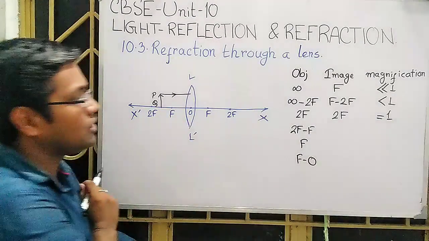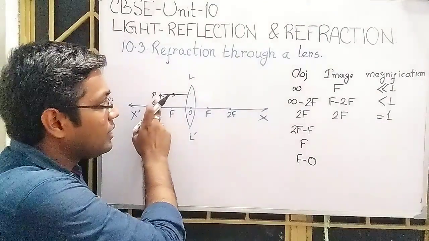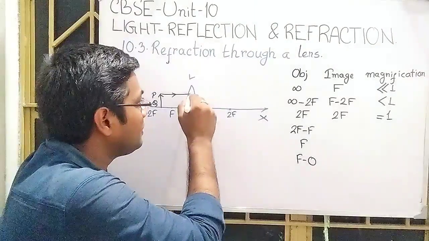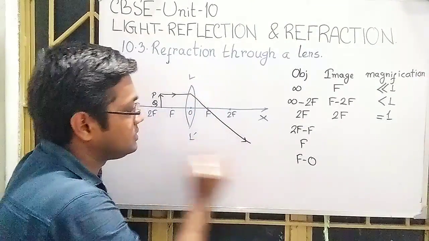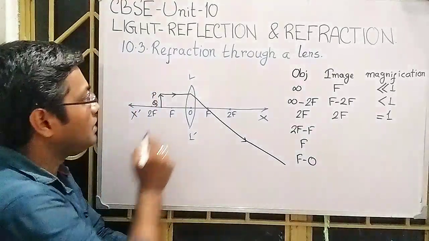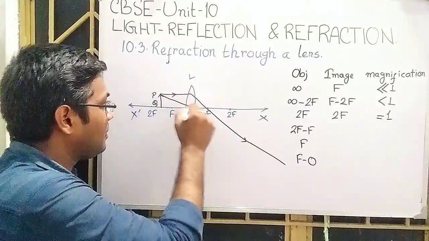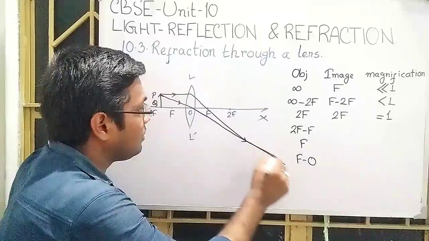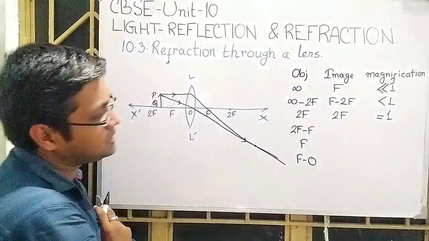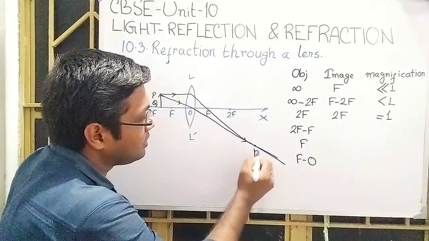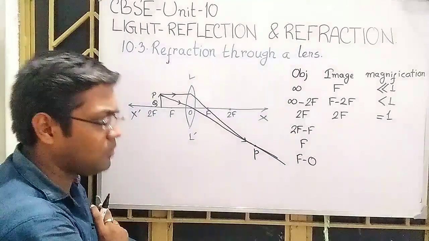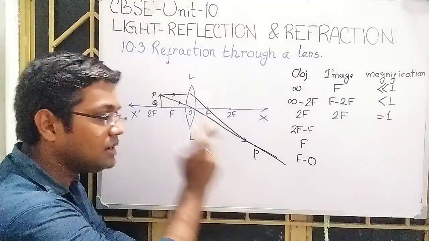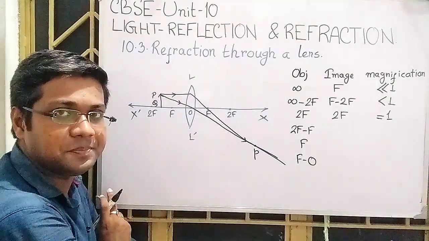Following the first law of image construction, the ray coming out from the point P parallel to the principal axis, after refraction passes through the focus. Another ray passing through the optical center follows without any deviation. So they will meet somewhere here. We can say this point is small p, the point of intersection of the two refracted rays, and this is the real image of the point capital P.